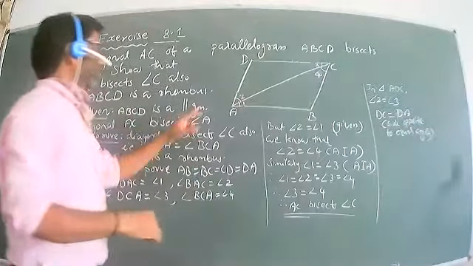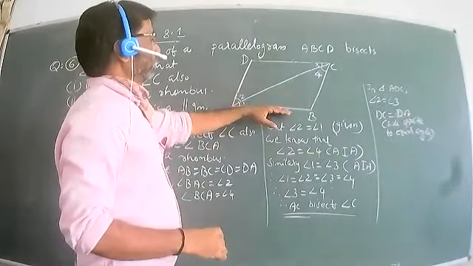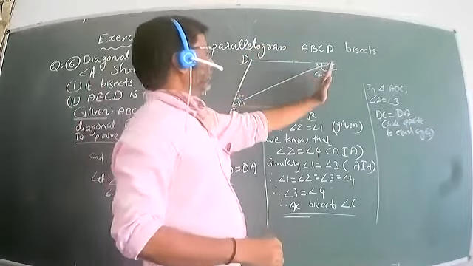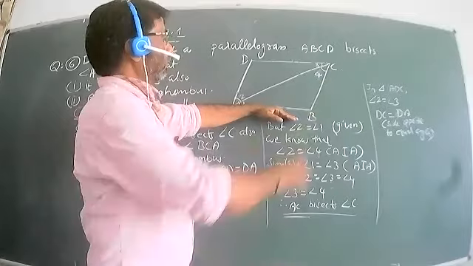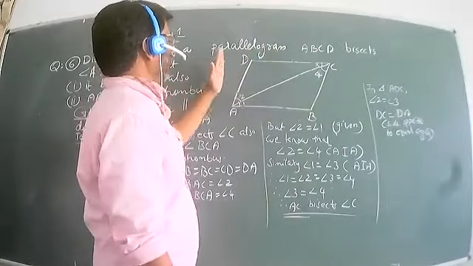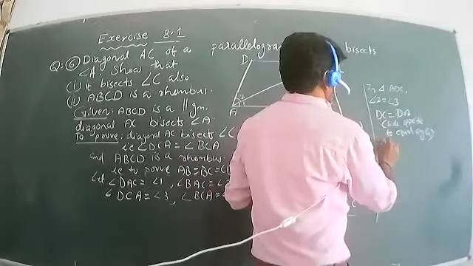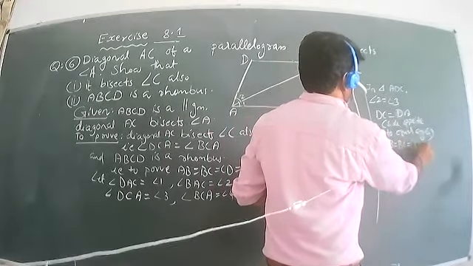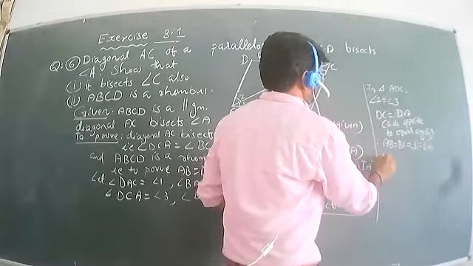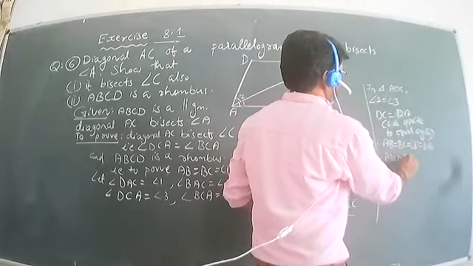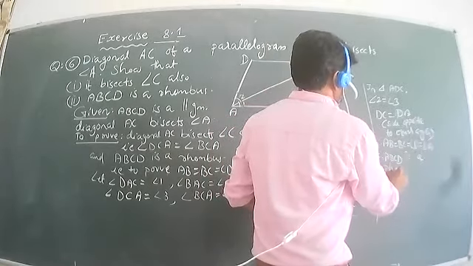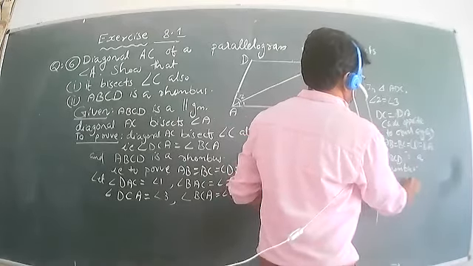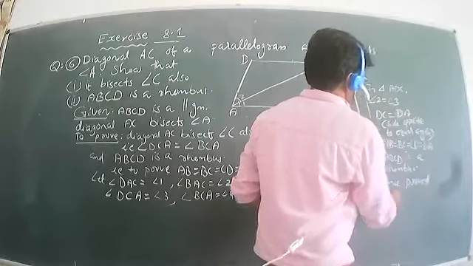So from that, already it is a parallelogram, opposite sides are equal. So AB equal to DC and now AD is equal to BC. So now we have got that AB is equal to DC is equal to AD is equal to BC. Therefore, AB is equal to BC is equal to CD is equal to DA, or ABCD is a rhombus. Hence proved. So this is the solution.